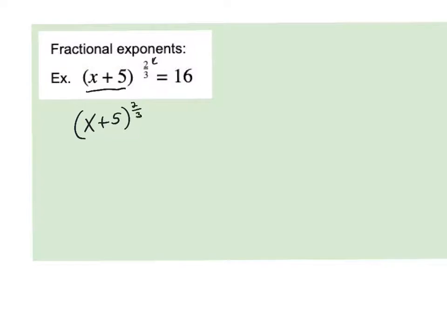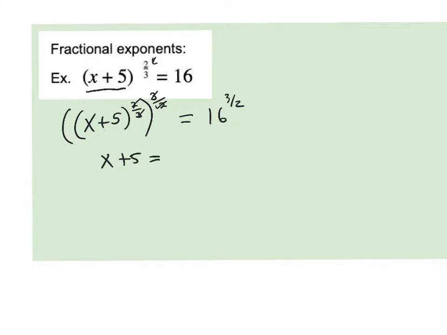And to multiply an exponent, that's where you do a power to a power. So I'm going to raise this to the 3/2 power. Whatever we do to one side, we have to do to the other side. So I'm going to raise the other side to the 3/2 power. Remember, when you do a power to a power, you multiply. So this cancels, so on this side I'm just left with x plus 5 to the first power, or x